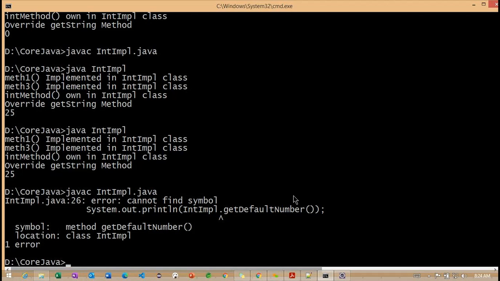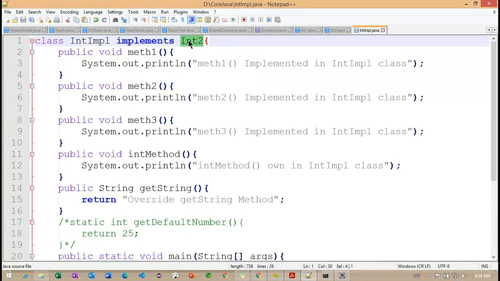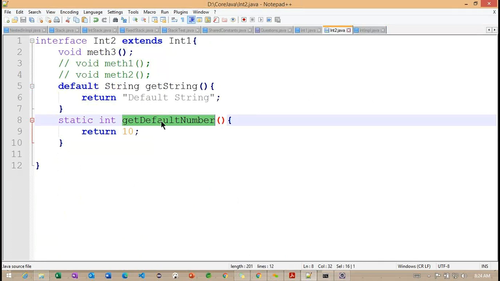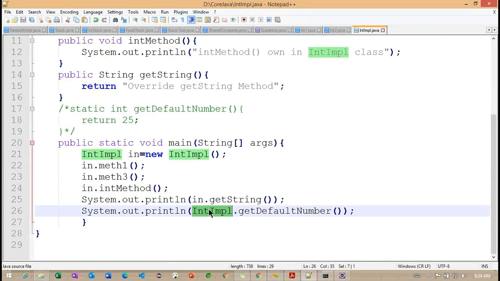The static method does not have a relation with the class and interface, because int impl is our implementation class of int2, and the same method we already implemented in our interface, but the method is not being called here. Why is the method not being called? Because the reference is important. We are calling with the class reference here. Now what are you understanding here? Whatever reference we use to call the static method, based on that reference the static method is going to execute here.